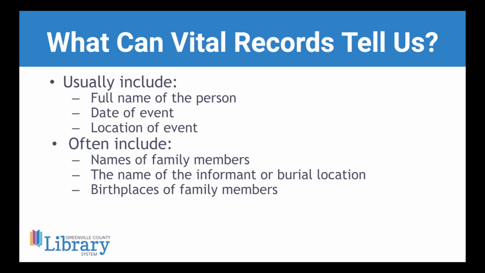You're going to have the names of potentially the informant on a death record, which we'll see, could be a family member, could be a neighbor, could be a friend, but it's often going to include additional names on these records of people who were around your ancestor. And then it can also include, like I mentioned, the name of the informant or burial location for those death certificates, burial location. For marriages, maybe even include like the pastor, which we may see, and maybe this is associated with the church that your ancestor attended.